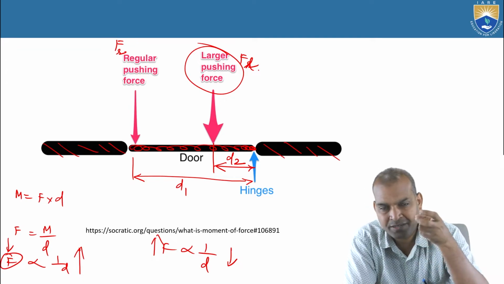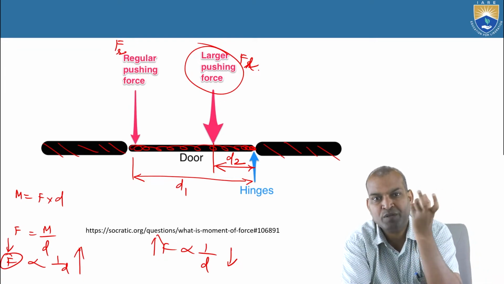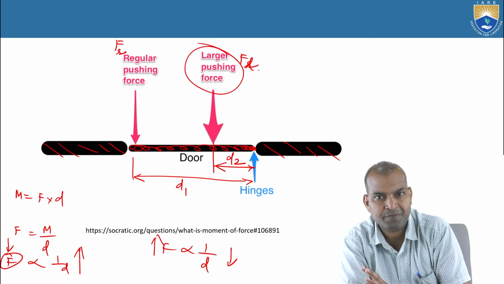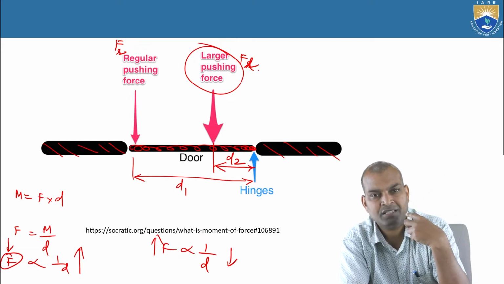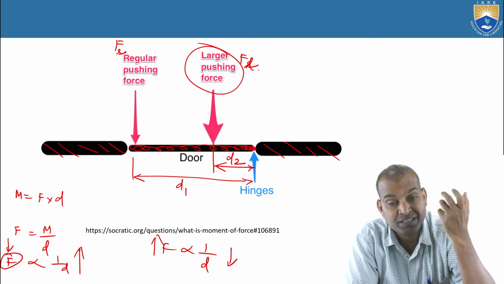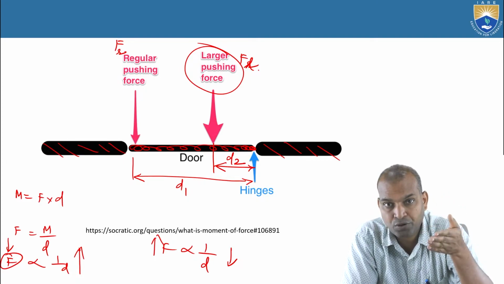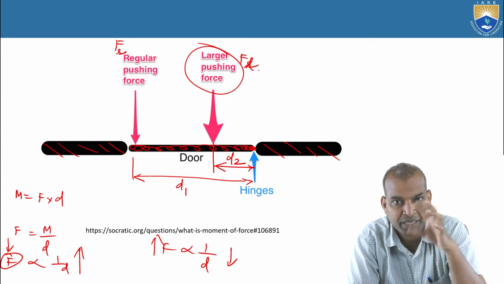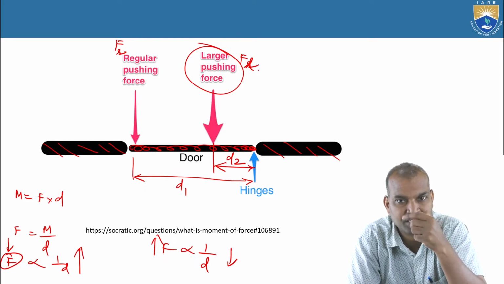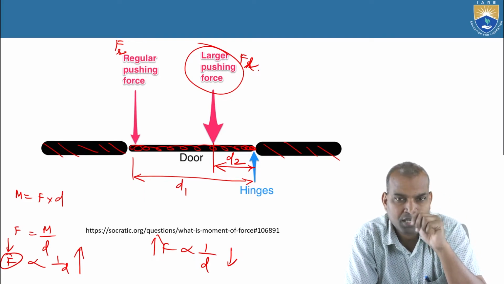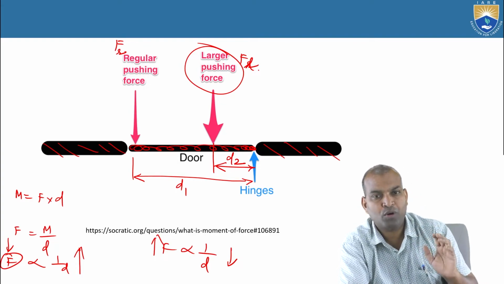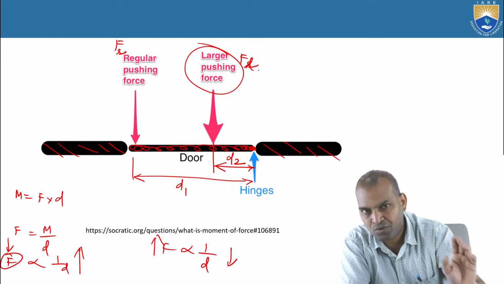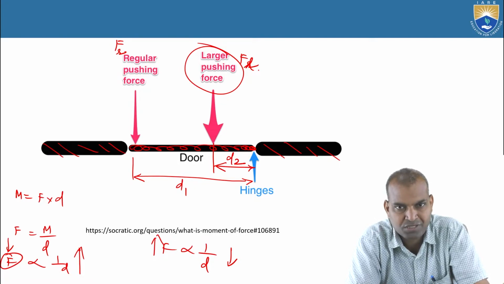So the point is that generally, if the door has the spring attachment at the backside, that means if you open the door and leave it, the door shuts immediately because of the spring arrangement at the back. For such cases, if you apply the force near the pivot end, it needs a lot of force to open the door, because the spring pushing backward is very close to the applied force. So you need less force to open the door away from the pivot end, that is, at the free end of the door, where you can open it immediately with less force.